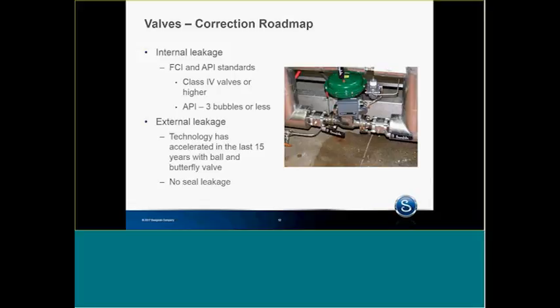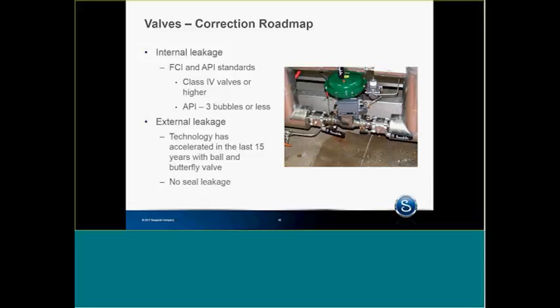The next thing on valves is external leakage. And one of the things people use is gate valves, globe valves. And the last great revolution we had in a gate valve was 1941. There's nothing new with gate valves. The technology didn't accelerate or improve the valve. The technology went the other way to reduce the cost because people buy gate and globe valves by cost. And the thing is that then you get not only a lot of internal leakage, you get external leakage through the packing.